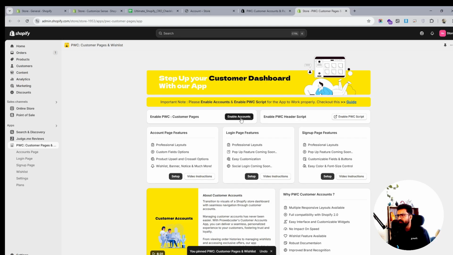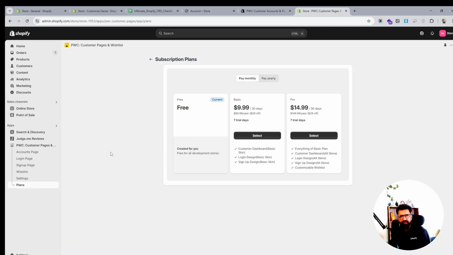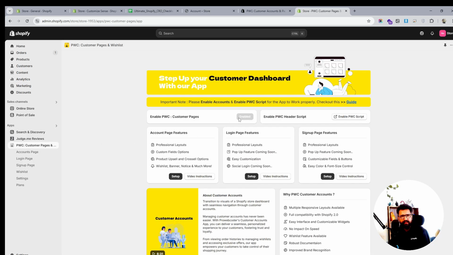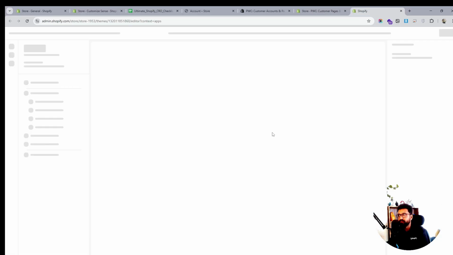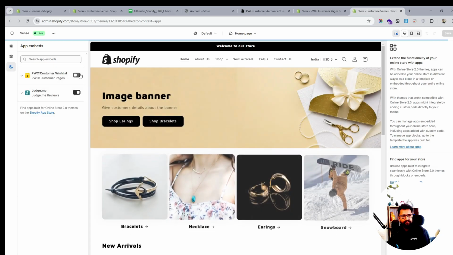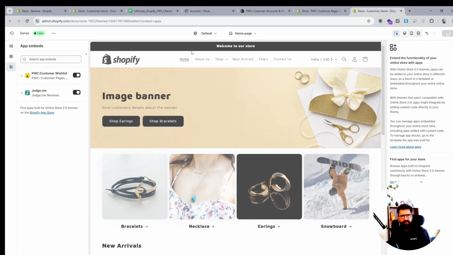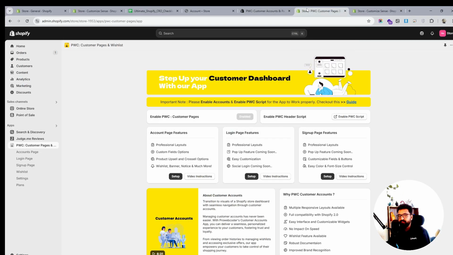Depending upon what you need, you should be selecting the right plan. I guess I'm on the free plan, because this is a development store, but you can definitely click on enable, and then enable PWC scripts over here. I'll show you how to set this up to make the customer experience much better. All right, so we have to enable this and then save it. And we should also be giving